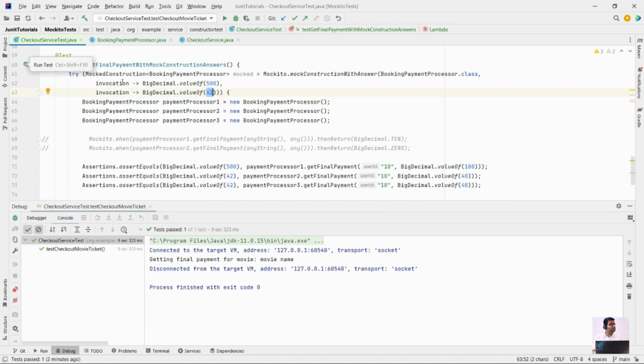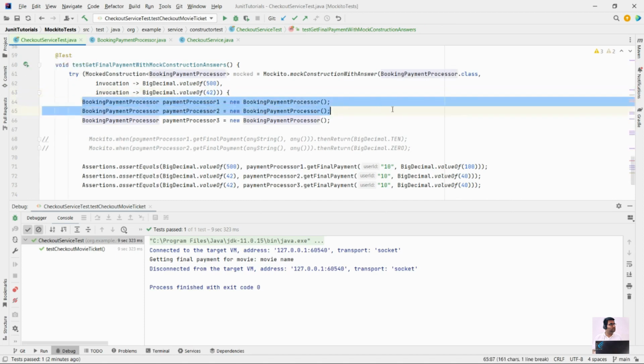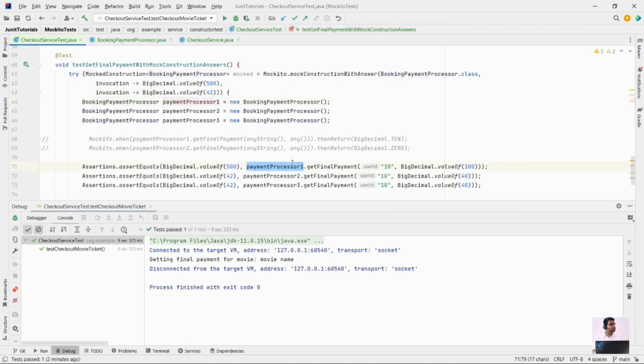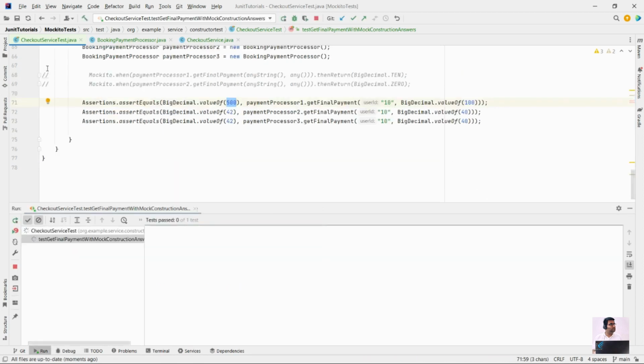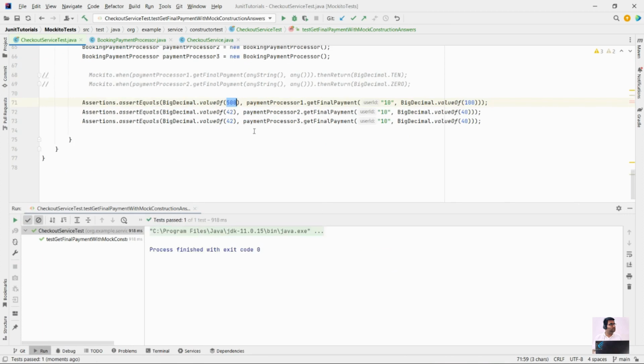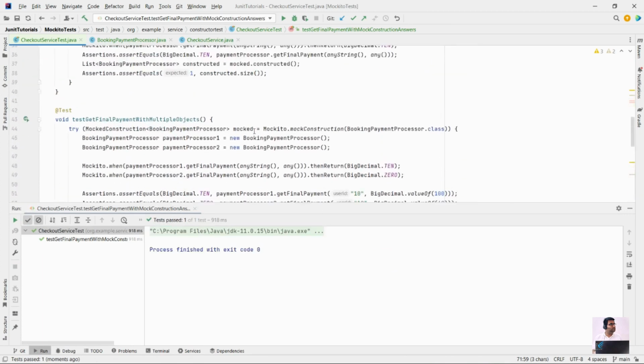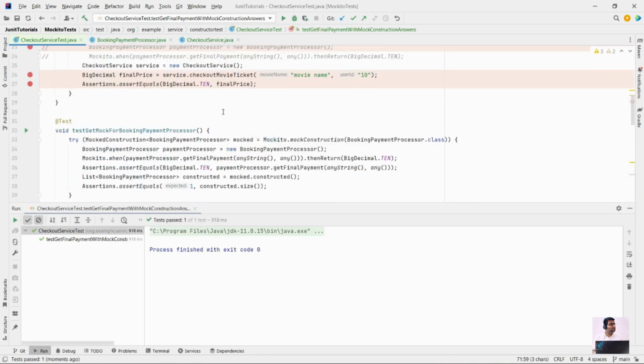So here I have created first object, second object, and third object. The first time for payment processor 1, for instance 1, it is returning me 500 value, and for second and third instance it is always returning me 42 value. So let's test this. Test is green. So these are examples of mocking a constructor